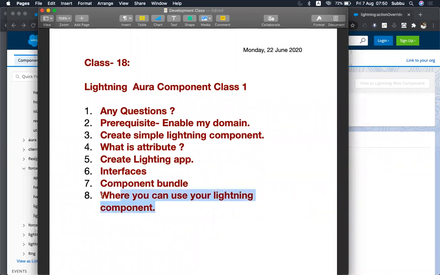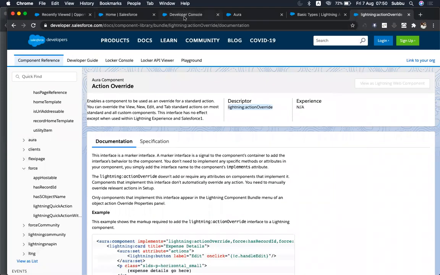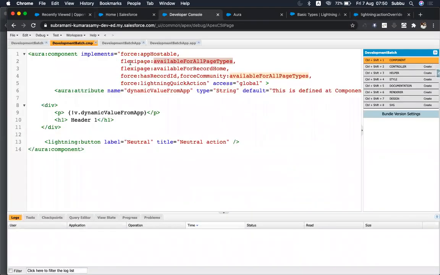Where you can use your lightning component is based on the interfaces that you are implementing on the component. So these two are interlinked. Based on the interfaces on the component, this component will be available in specific areas. If you want to create your tabs, you need to enable the related interfaces.